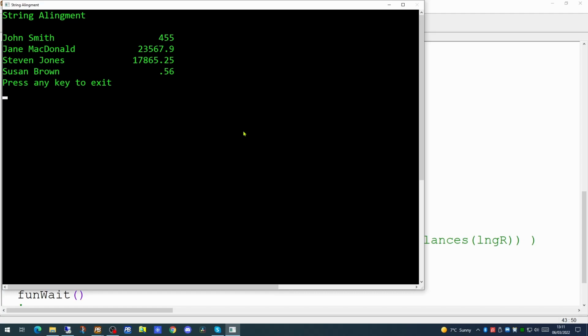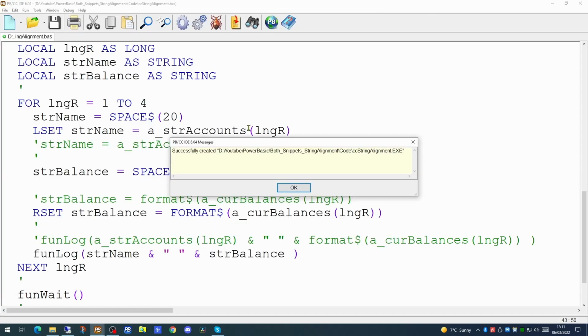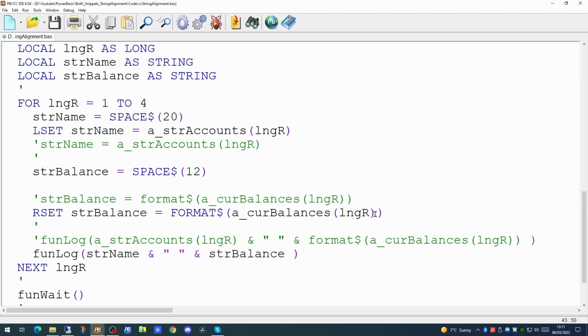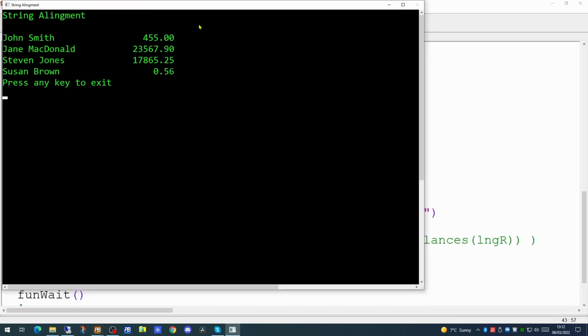However, we want to go a little further with this. We want to ensure that each value has a decimal point and 2 numbers after the decimal point. So we can expand the use of the format command to make use of its optional parameter. Using the value 0.00 ensures we will always have 2 decimal places after the decimal point, even if there's 0. If the value of the balance is actually less than 1, there will always be a 0 point and then the 2 decimal places after it. So if we try running that code now, our format is looking a little tidier.